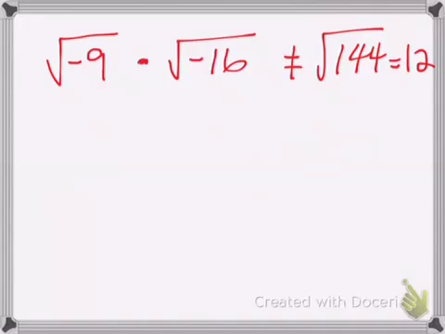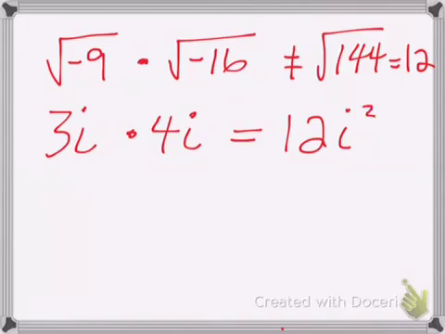As soon as you notice that you're working with imaginary numbers, the way we approach them has to change. We have to deal with the negative part first before we can do the multiplication. So the square root of negative 9 is 3i, and the square root of negative 16 is 4i. And 3i times 4i is 12i squared. That's what we want it to be, right? And that's what it is. We're still going to add exponents. And what's the value of i squared? Negative 1. i squared is negative 1. And so this is equal to negative 12.